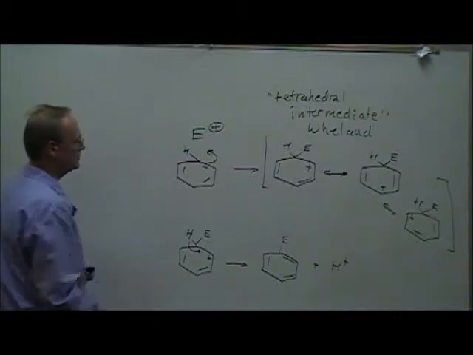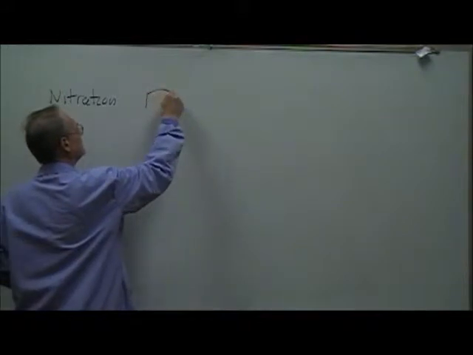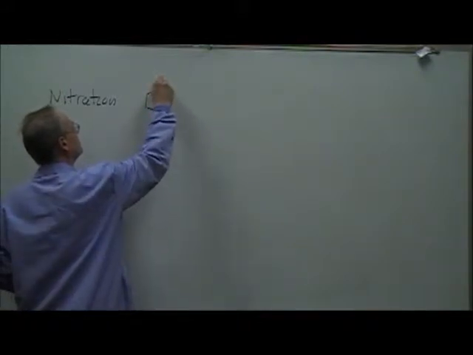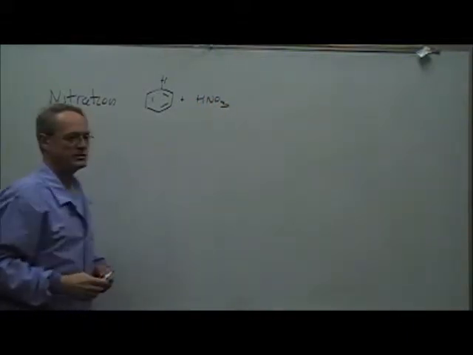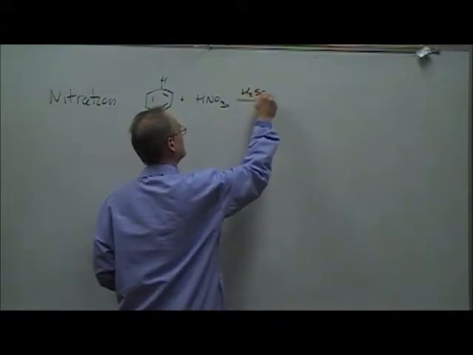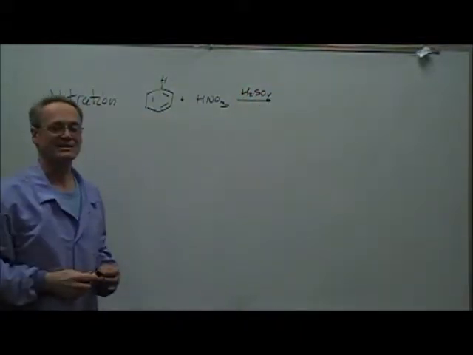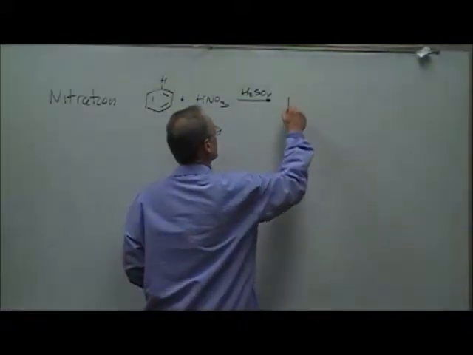Okay, now let's look at the individual mechanisms. So first, let's consider nitration. And here is the overall balanced equation. Here's the benzene ring. We're going to add nitric acid on the left-hand side of the arrow. Over the arrow, we're going to write the sulfuric acid. As it turns out, the sulfuric acid is a catalyst in the mechanism. It's not actually part of the balanced equation. And we'll end up with